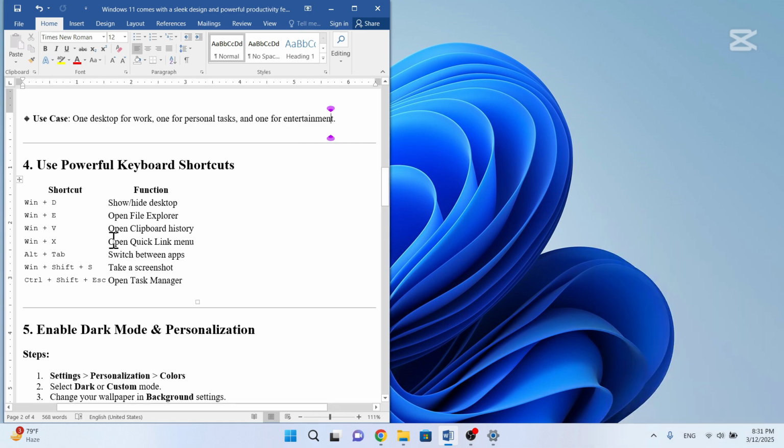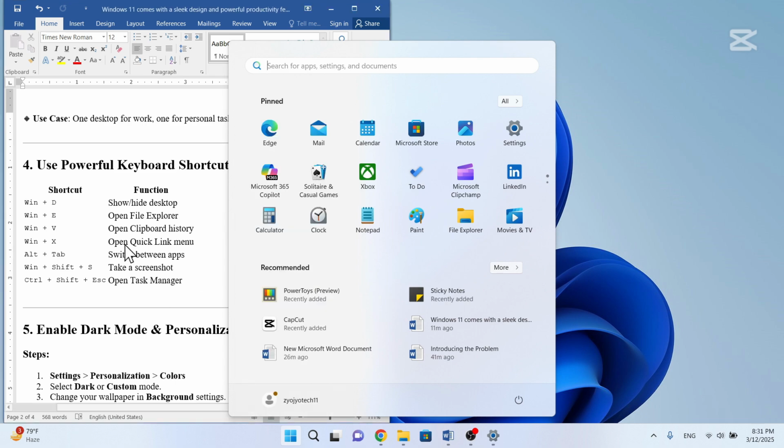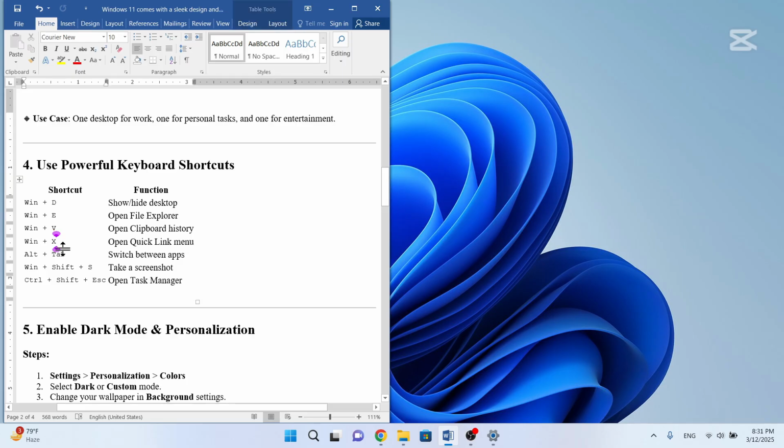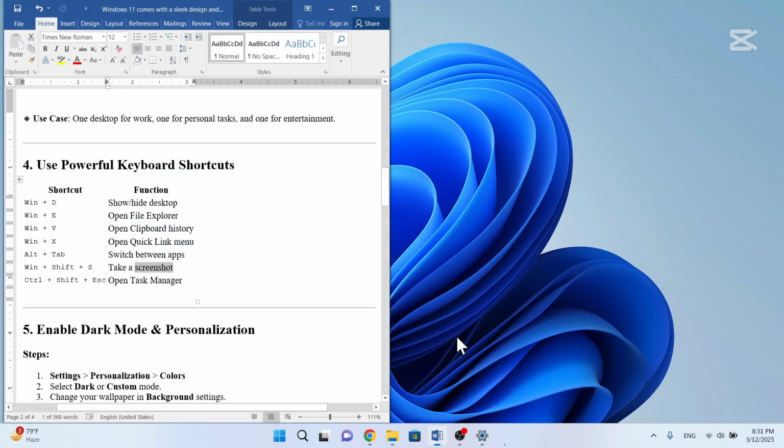You can press Windows X key to toggle the different types of the shortcut setting, and you can use Alt Tab to switch between apps, right? And you can use Windows Shift plus S to take a screenshot, and you can create a screenshot like this,